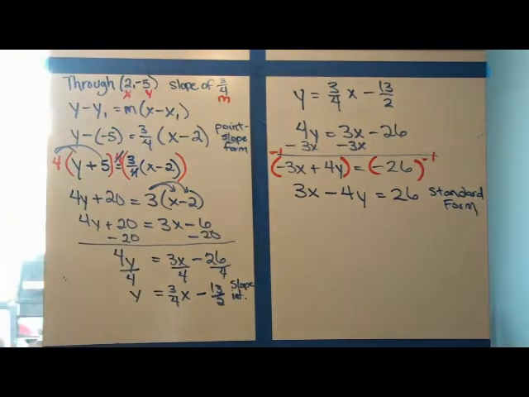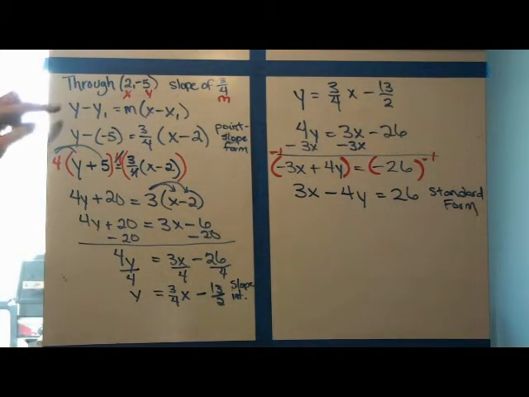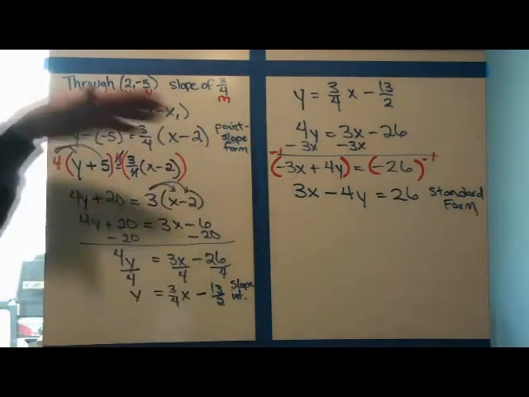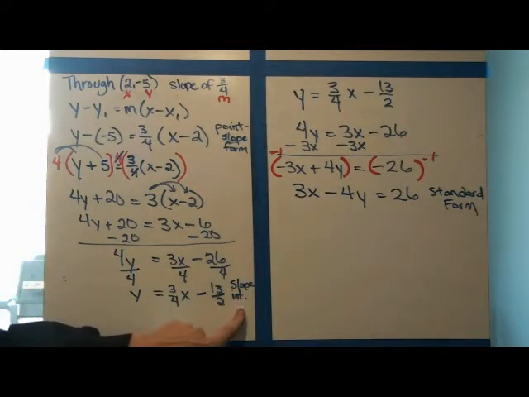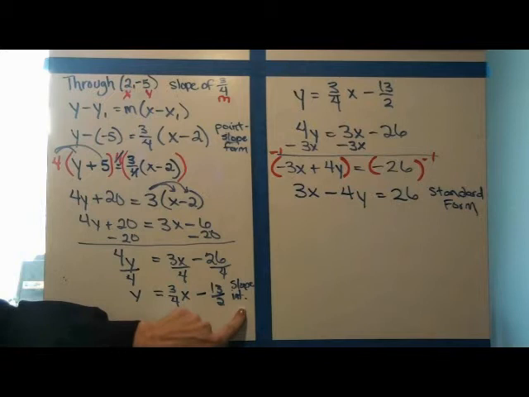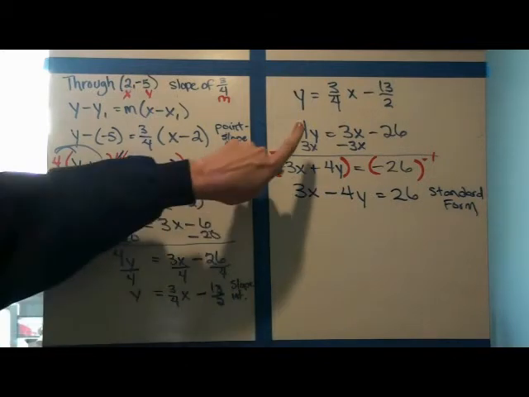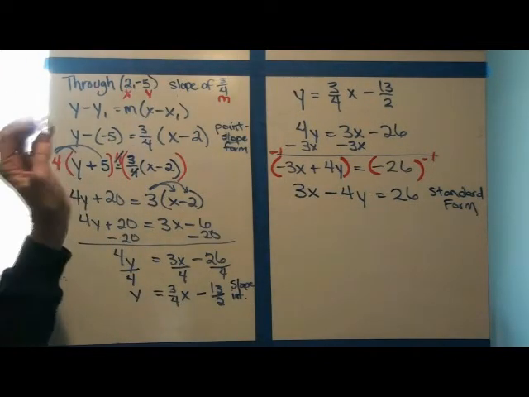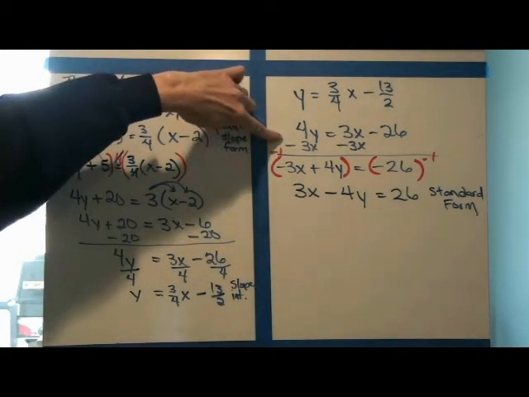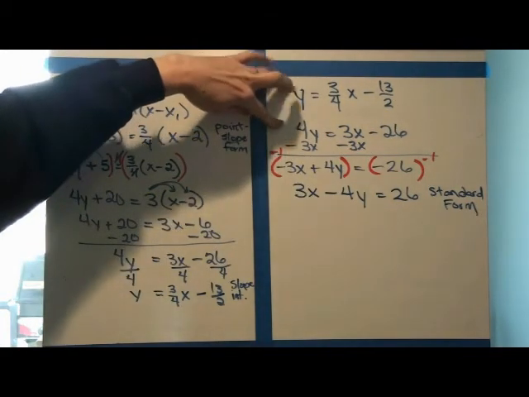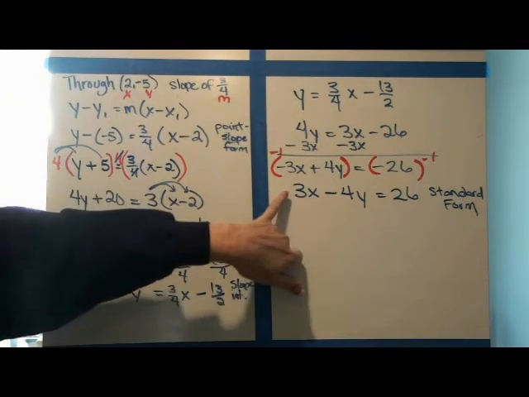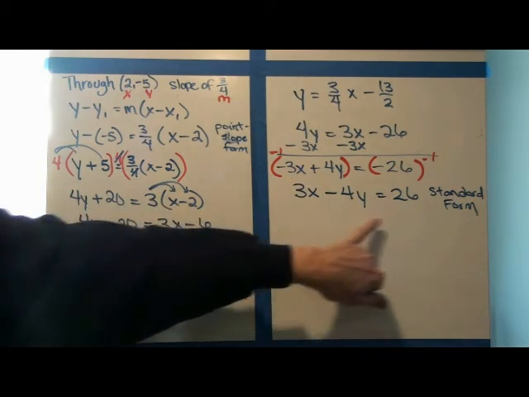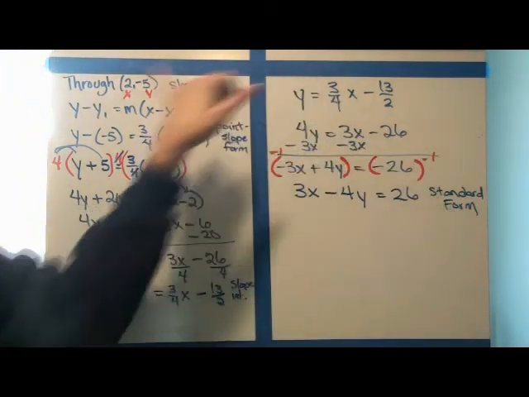So when you get done with each problem, you should have point slope form marked and labeled. Then you should solve for y, and that's your slope intercept form. Make sure you label it. Then you're going to move your x over onto the left. Make sure that you multiply through by a common denominator if there's a fraction. If there's a negative, multiply through by a negative, and you will then have standard form. So every problem that you do,